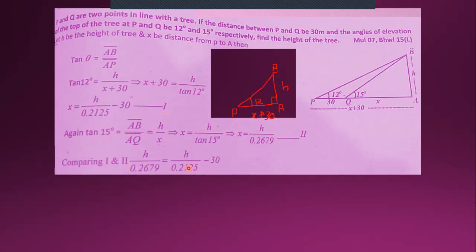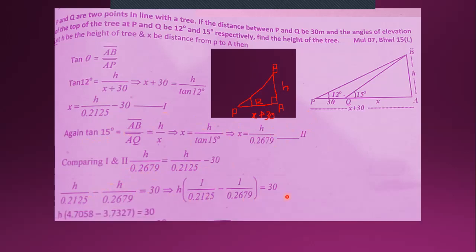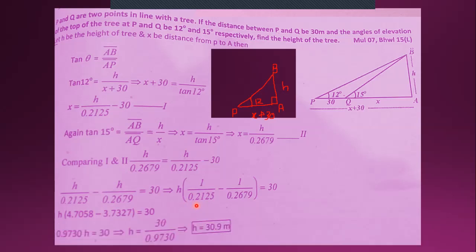और फिर आप इन दोनों को कंपेयरिंग कर देंगे। इनकी कंपेयरिंग करने के बाद अब आप इसको सॉल्व करेंगे। आप h वाली दोनों टर्म्स को एक साइड पे ले आएंगे, h को कॉमन कर देंगे, और ये इक्वल टू 30 सारा चल रहा है। थोड़ा लंबा क्वेश्चन है, कॉम्प्लिकेटिव है, लॉन्ग के पॉइंट ऑफ व्यू से इंपॉर्टेंट है ये पूरा। इसको सॉल्व कर लेंगे आप। ये 1/.2125 सारा कैलकुलेटर की गेम है बेटा। तो आपके पास फाइनल आंसर ये आ जाएगा पूरा सोल्व करने के बाद, h इक्वल टू 30/0.9730। तो इस तरह से h आपके पास आ जाएगा 30.9 मीटर।